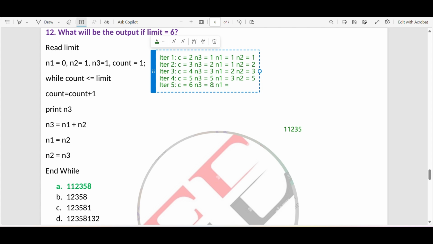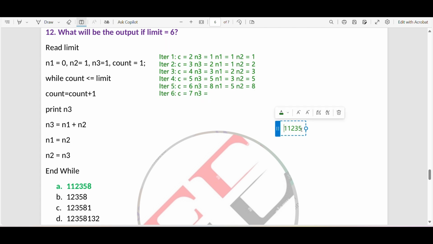And next we are having n1. So what is n1? It is n2. What is n2? It is 5. And next we are having n2. And what is n2? It is n3. What is n3? It is 8. This is iteration 5 and we are going to iteration 6. Now count is 6, which is less than or equals to limit, which is 6. So now we are incrementing count, which will become 7. And next we are directly printing n3, which is 8,